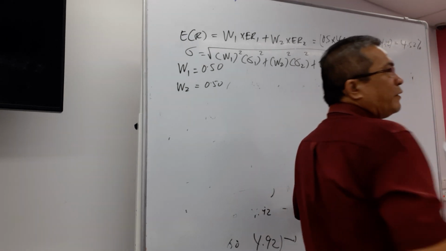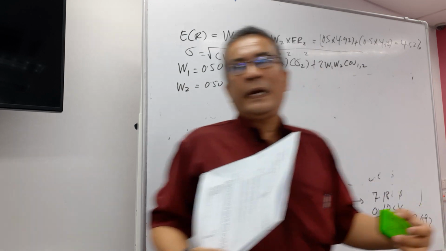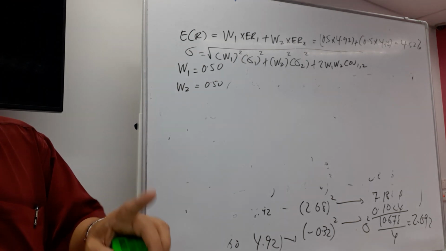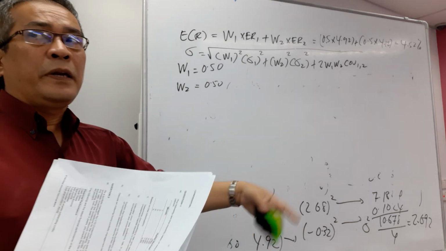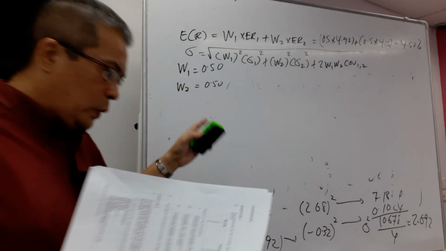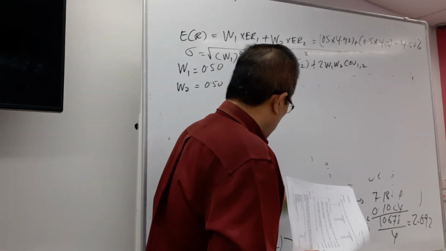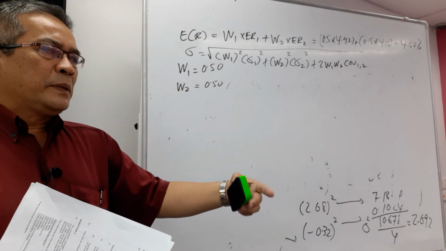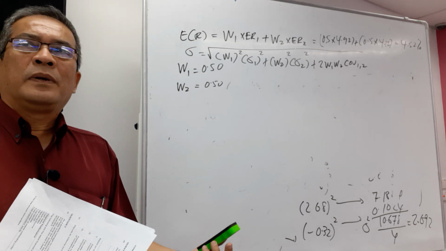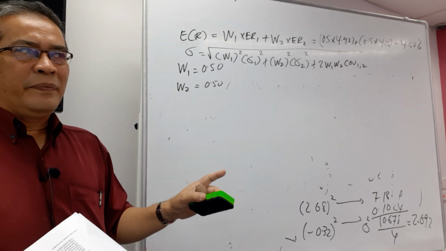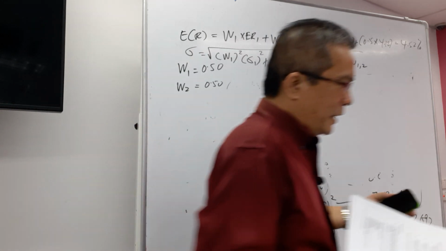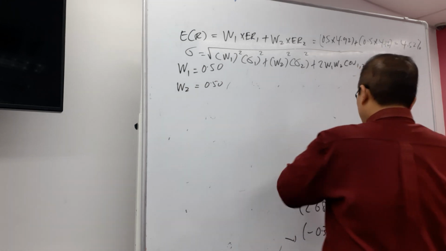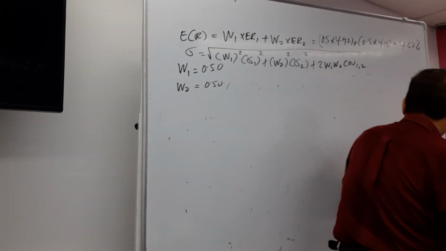You have to calculate the covariance of both assets. This is a very long and tedious process, because you have to be extremely careful. If you miscalculate one figure, the mistake will be carried over to the other parts of the question. Here in this class, we do it together, so if one person makes a wrong calculation, somebody else will correct it. In the test or in the exam, you will be on your own, like you are in Padang Mahsyar. Nobody is going to help you.